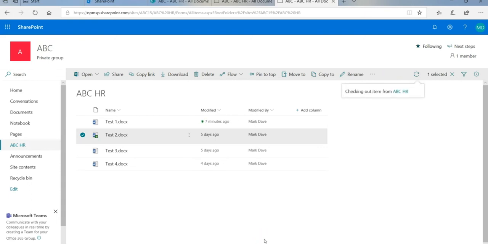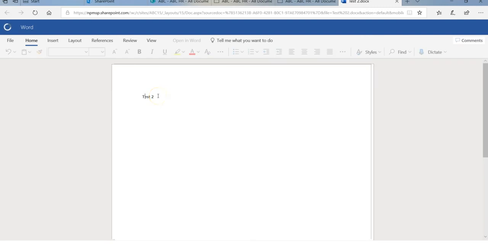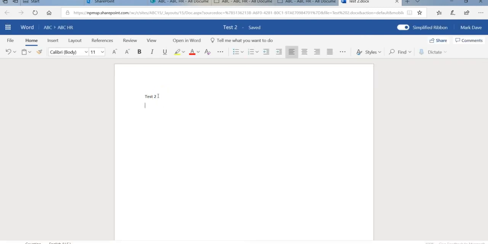So I checked out the test2 file and I'm going to open that file. Enter some words here, for example, discard. Once the file has been saved,